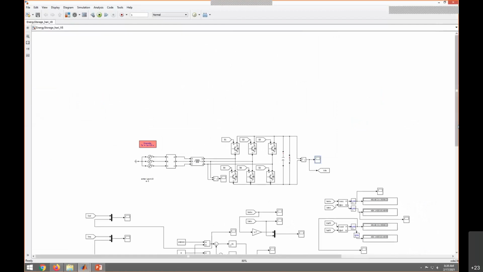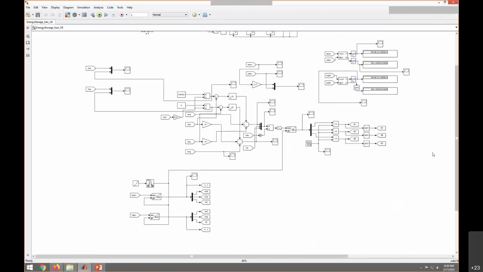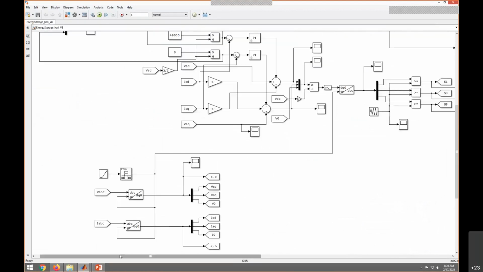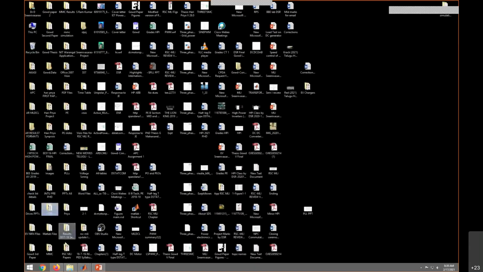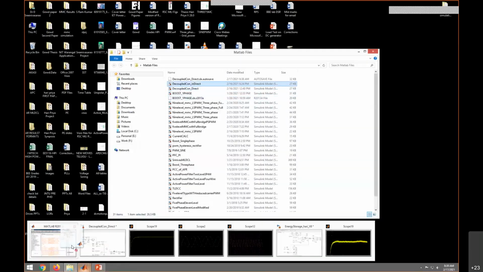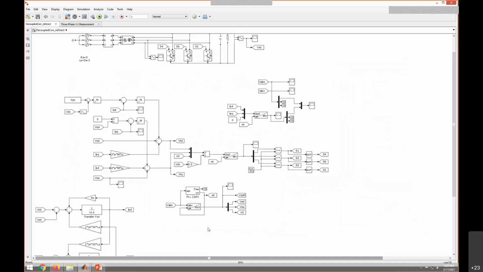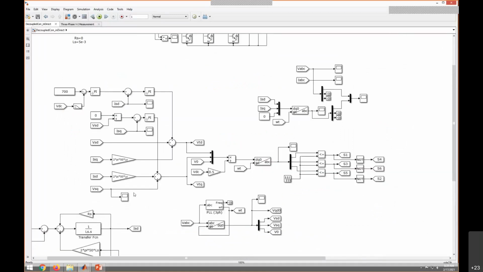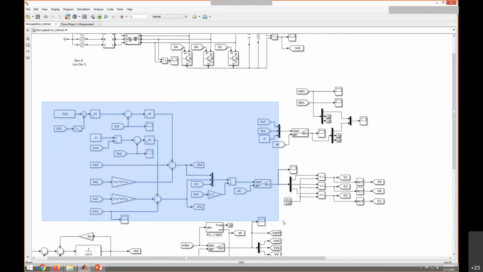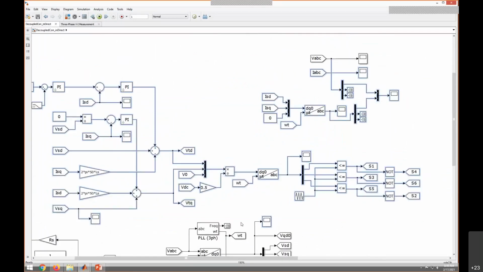So this is the direct approach, right? Since we are measuring this IABC. Okay, so we have this indirect approach. So in the case of the indirect approach, this circuit remains the same. Whatever the circuit is there, the highlighted one, that remains the same.